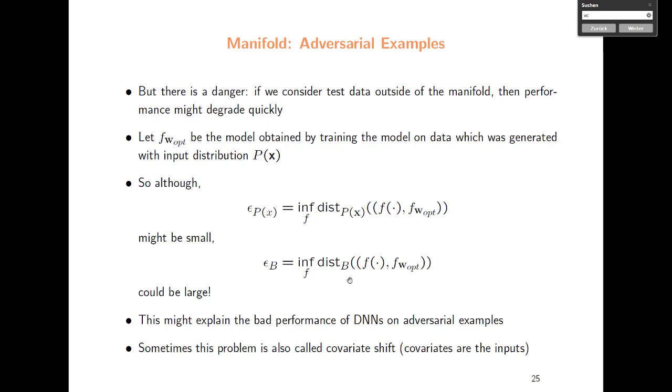You might have seen these examples in autonomous driving, where you have a stop sign, and normally the vision system has no problem recognizing the stop sign, and then people manipulate this stop sign in some way. People would still have no problem recognizing it as a stop sign, but the vision system decides it's something completely different.